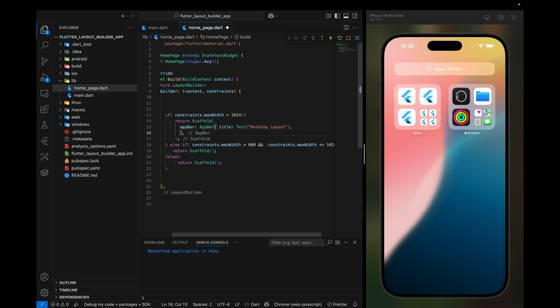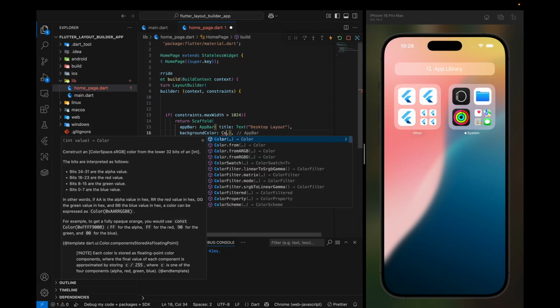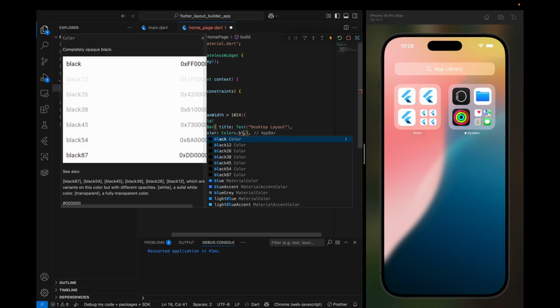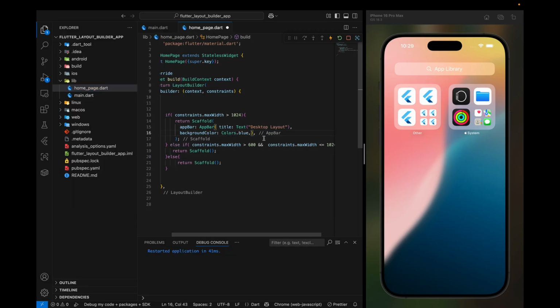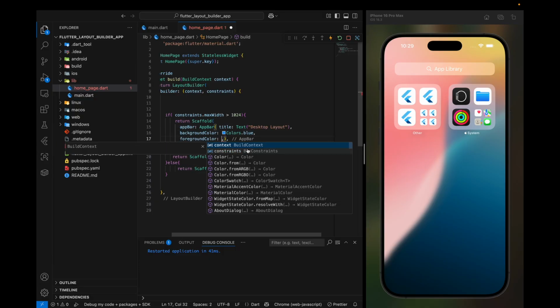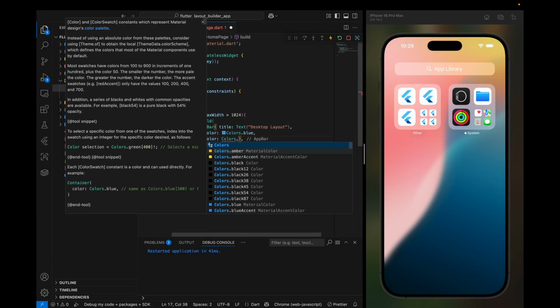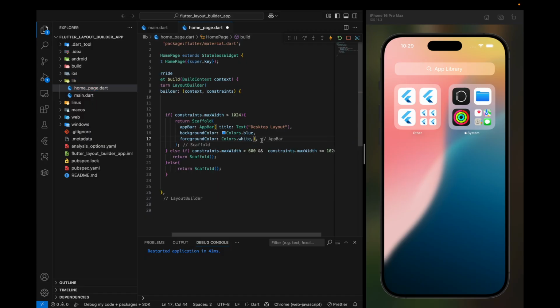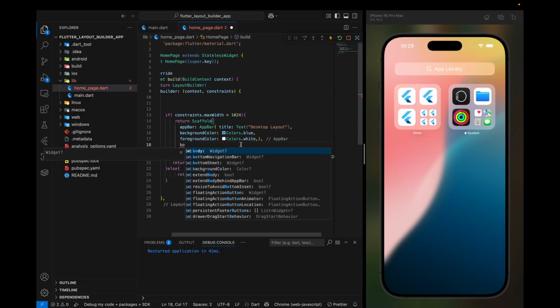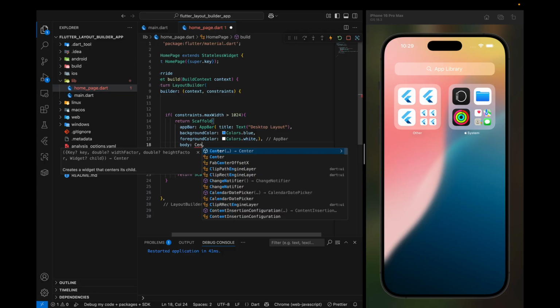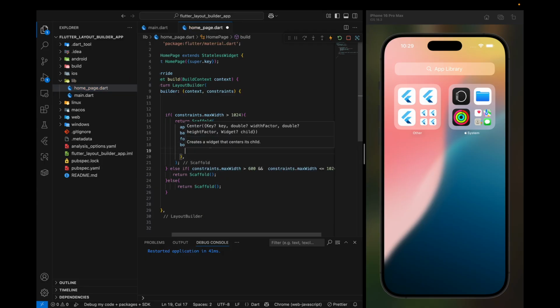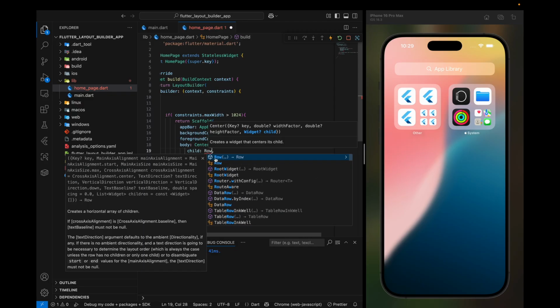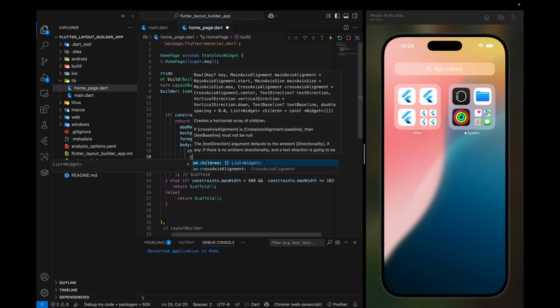We can also add a background color, so Colors.blue, and also provide a foreground color. This will be white, so Colors.white. After that, we can call the body property, and this can be a Center widget. And then for the child of the Center widget, we'll have a Row widget, and inside of this Row widget,